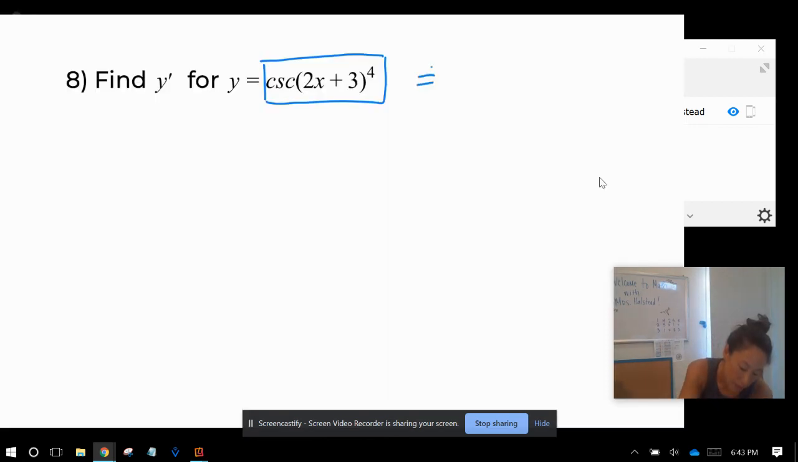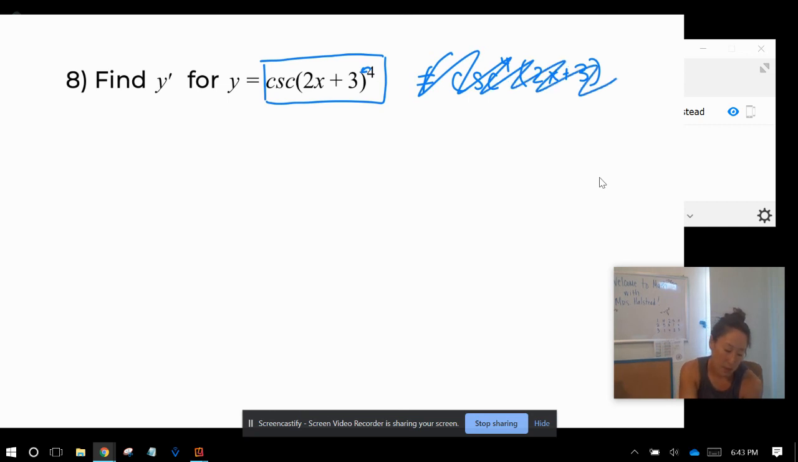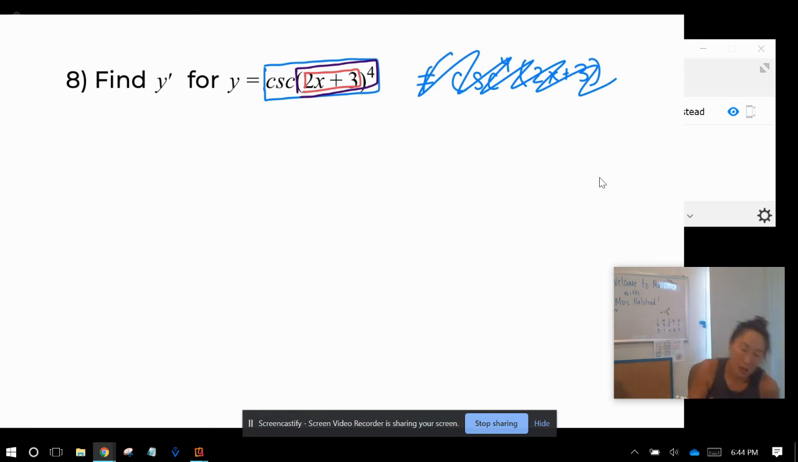This actually, I remember, does not equal cosecant to the 4th of 2x plus 3. The 4 is actually being applied to the parentheses, okay? So the 4 is only being applied to the parentheses, so the outsidemost layer is the cosecant of all of this. Then the next layer would be applying the 4th to the inside, which is 2x plus 3. Okay, so we're going to start with the